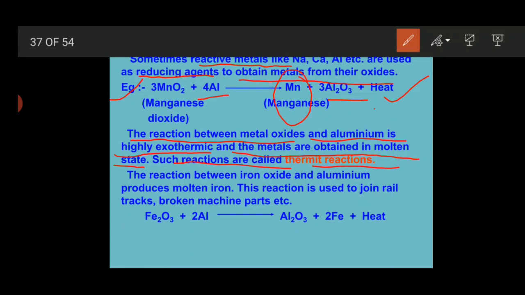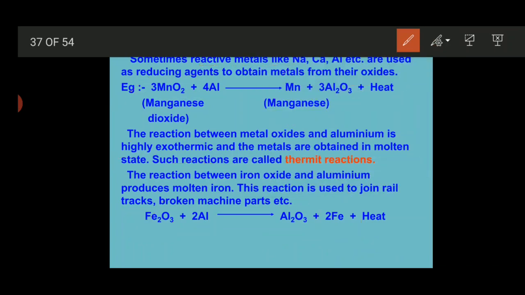From the board exam point of view, this reaction is most important. This year also one question is based on the thermite reaction only. Now let's understand another most common example of the thermite reaction, which is mostly used in the welding process of iron cracks or to join the railway tracks. When ferric oxide is treated with aluminum metal, we get iron along with aluminum oxide and the liberation of heat, so that reaction is also known as the aluminothermite reaction.